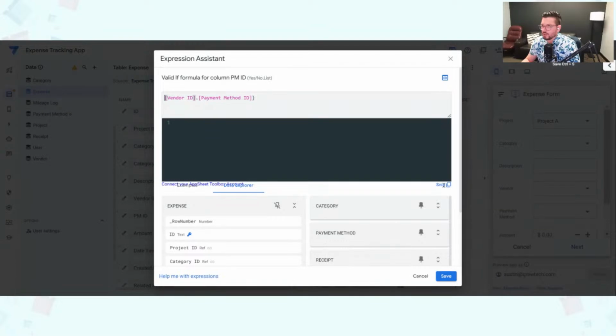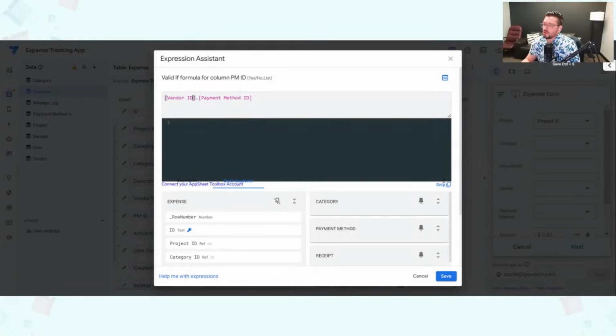And now we can say when we select the vendor ID,